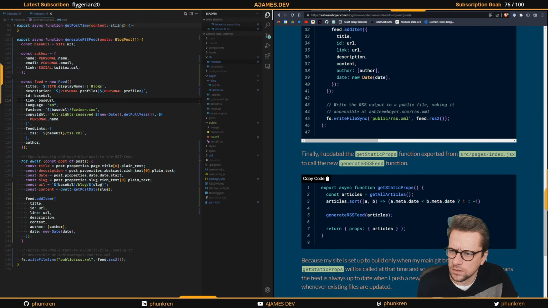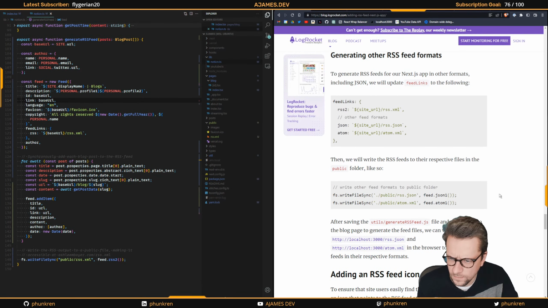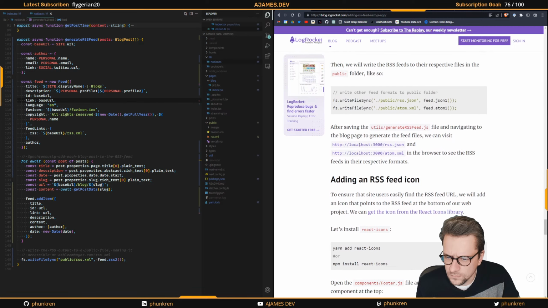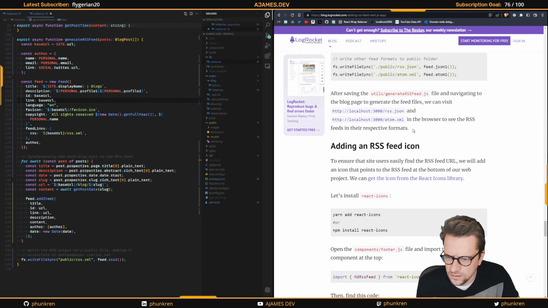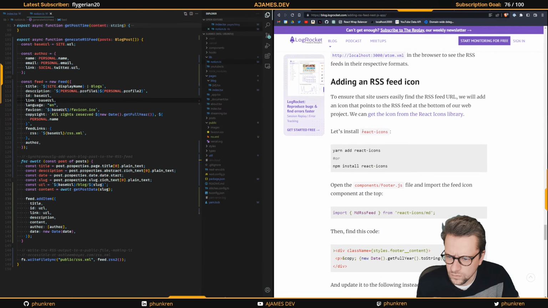So I'm going to go back to this where, yeah, so he has added .xml on the end of that. So saving this and navigating to this, we can visit these to see them, right? Annoyingly,